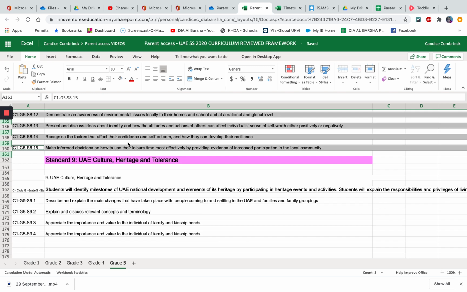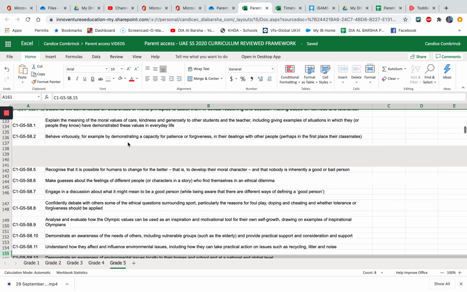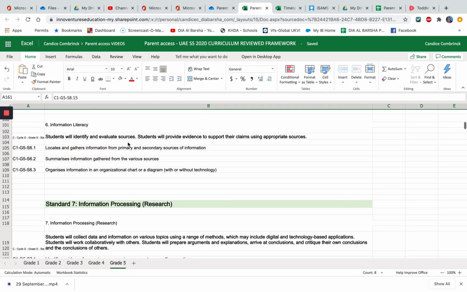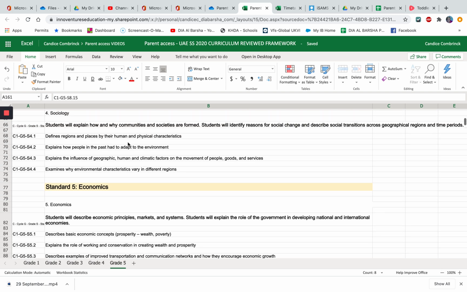All right, so this is the document that I'm sharing with you just so that you can have an idea of what it is when we refer to UAE Social Studies and Moral Education. What is it that we are taking a look at? Teachers can plot this in at any time of the year. In fact, some of them will revisit some of the topics because our units of inquiry are transdisciplinary. Another big word, but it means it doesn't just happen in one subject. It can happen in many subjects if they can find an authentic link.